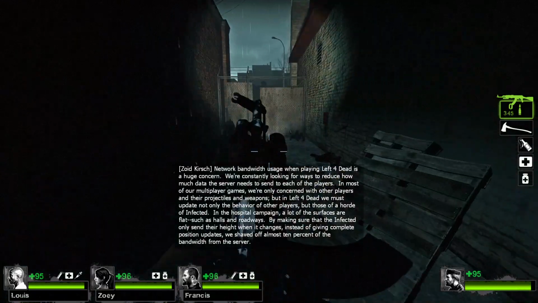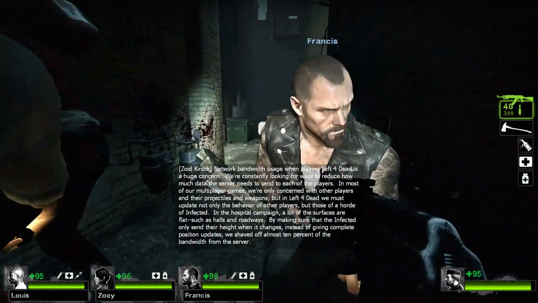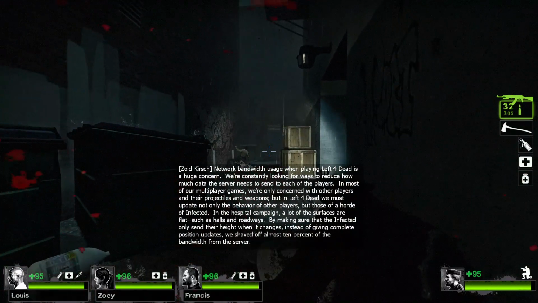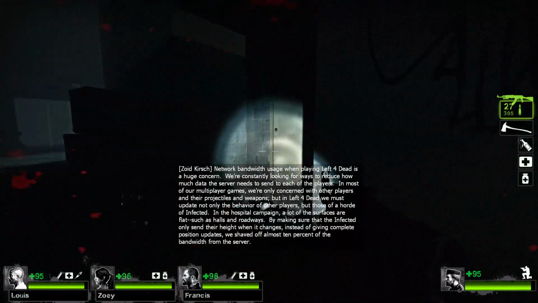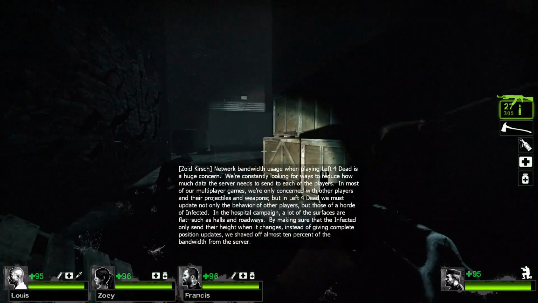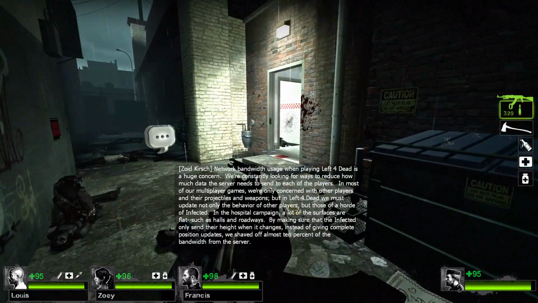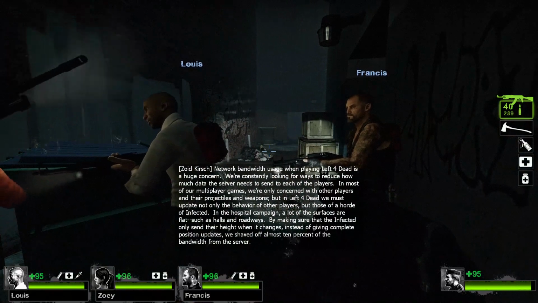Network bandwidth usage when playing Left 4 Dead is a huge concern. We're constantly looking for ways to reduce how much data the server needs to send to each of the players. In most of our multiplayer games, we're only concerned with other players and their projectiles and weapons. But in Left 4 Dead, we must update not only the behavior of other players, but those of a horde